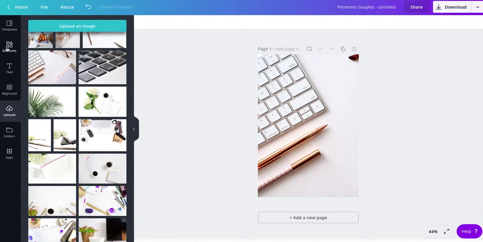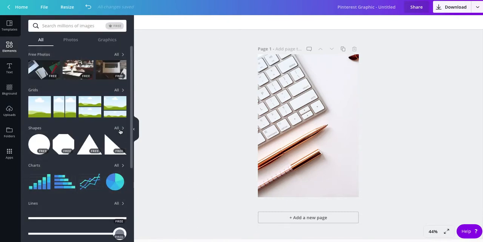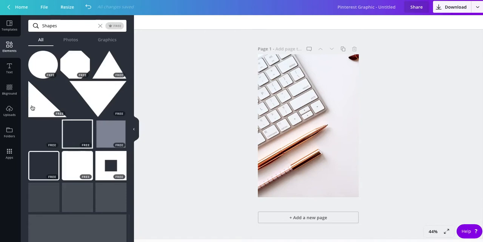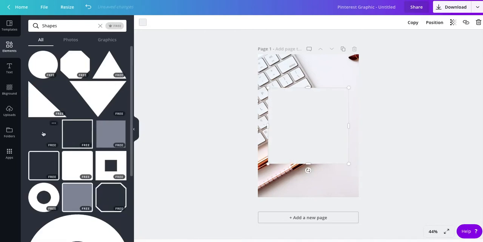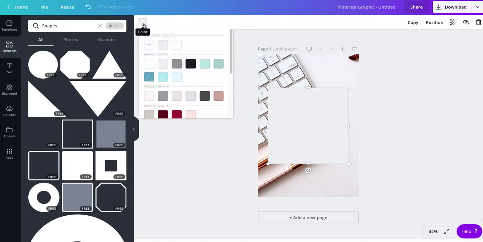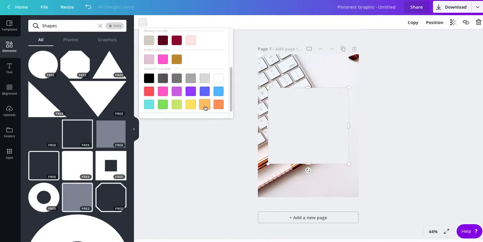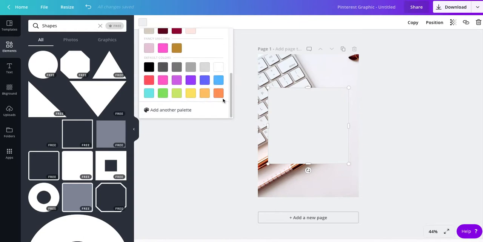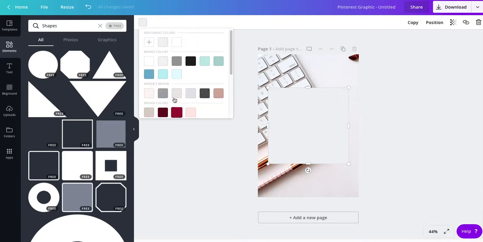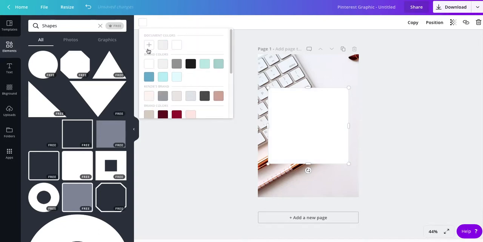And then what I do next is I go back over to Elements and I go through the shapes, and I typically select the square. And then this square element will pop up. If you look over here into the left-handed area of your Canva dashboard, you can change the color of your object. So if you click on that, you'll see I have all of my brand colors here. I have some brand colors of clients that I've done projects for, and then Canva also has some default colors that they give you. I'm going to choose white, but then I'll also show you how if you click on this button,